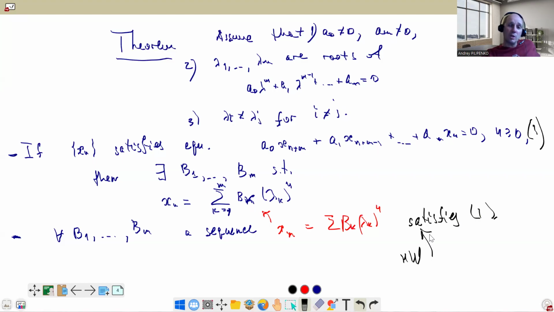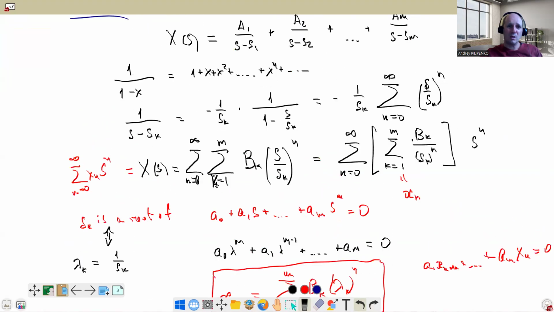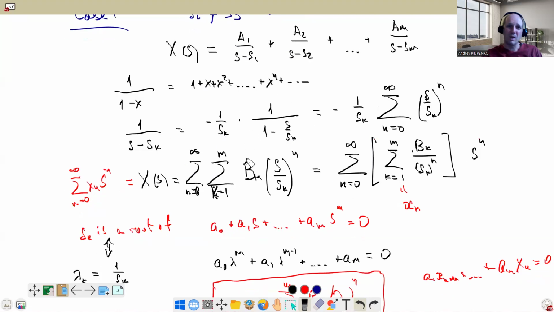And the natural question is the following. What happens if you may have multiple roots? And the answer is almost similar. There is one exception. When you write this partial fractional decomposition, if you have multiple roots, then